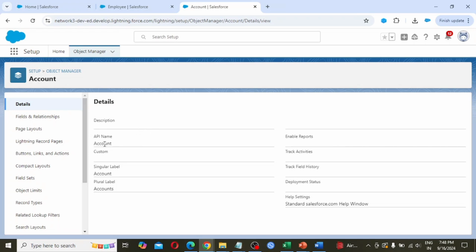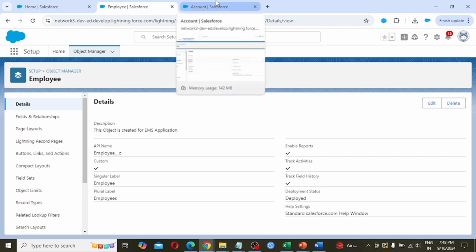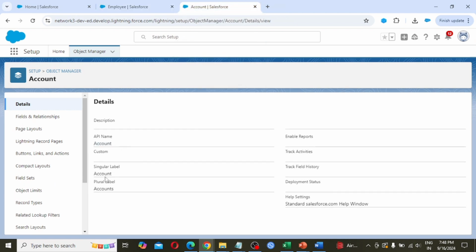The API name is Account, and see our API name Employee__c. So double underscore C is present only in the custom object, but in the standard object we can't find it. Singular is Account, plural is Accounts, and this is not checked.